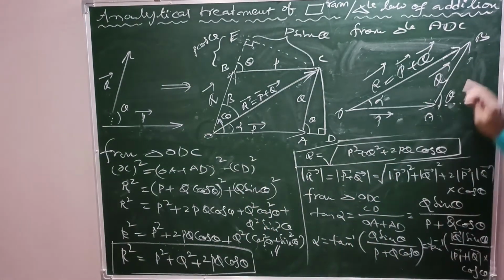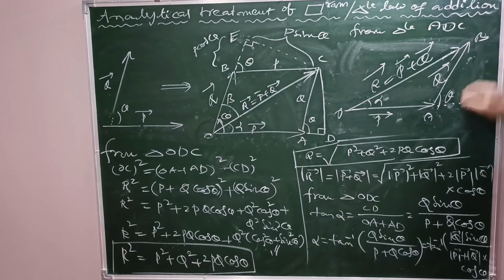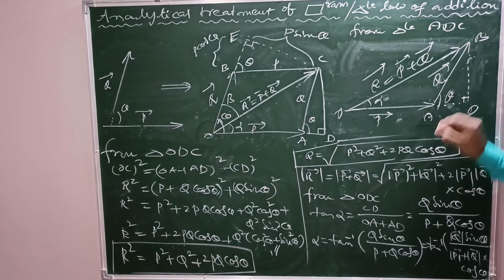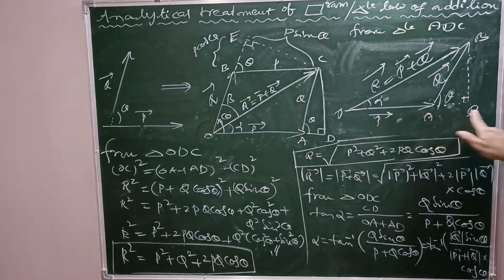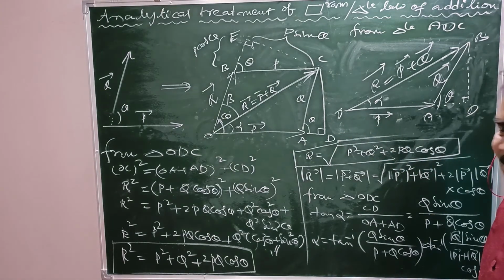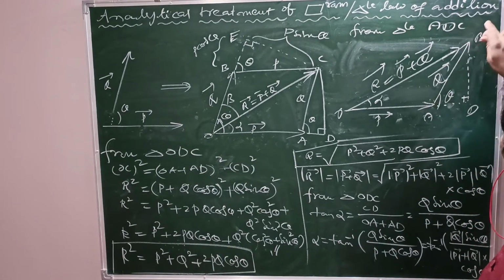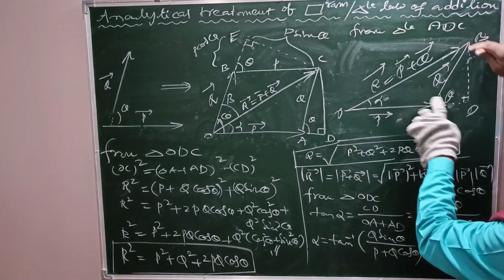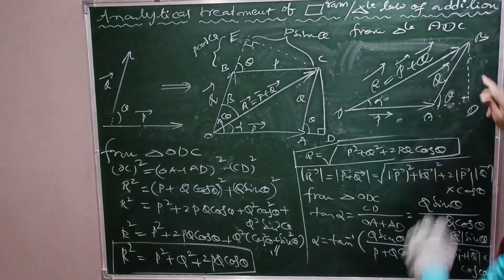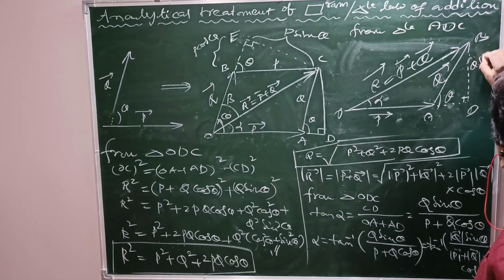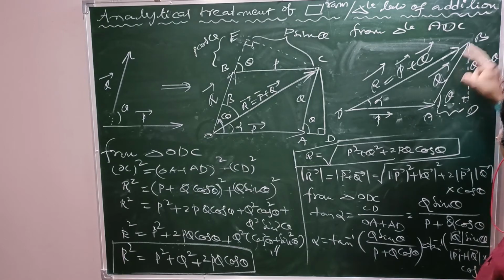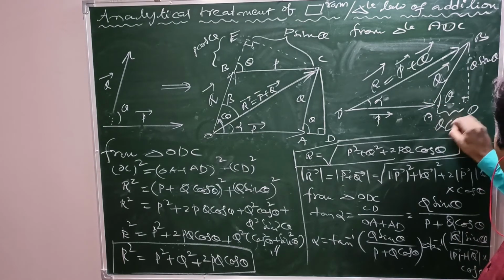If I take one normal from end B onto P bar like that, this is the normal. Say this is D as an example. So BD is normal as far as vector P bar is concerned. Am I right? Now this is Q bar, vector Q bar means length is Q. As far as this triangle is concerned, this side is the opposite side, that is Q sin theta. This is the adjacent side, that is Q cos theta.